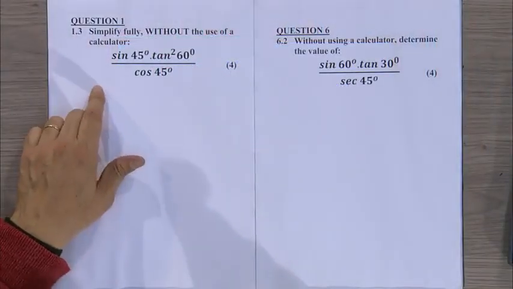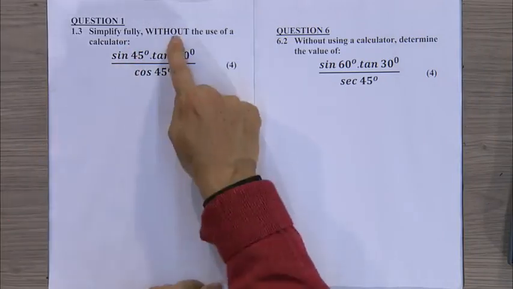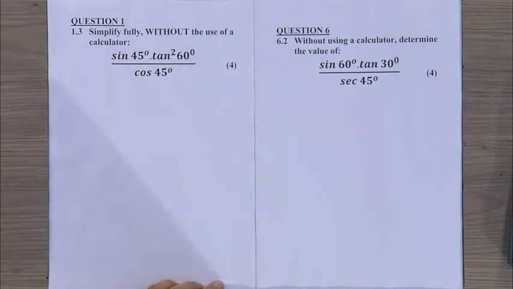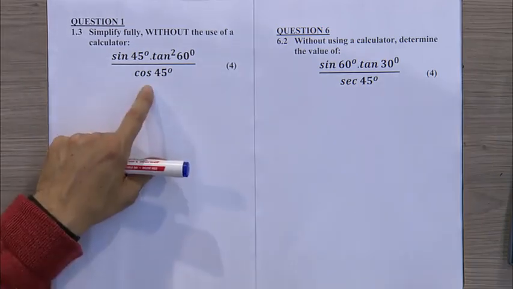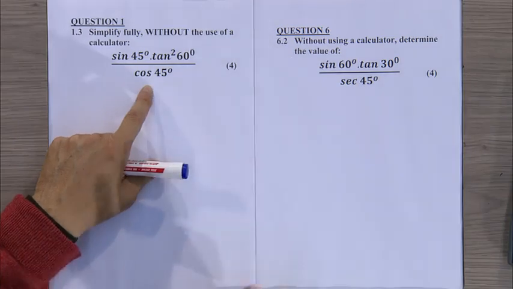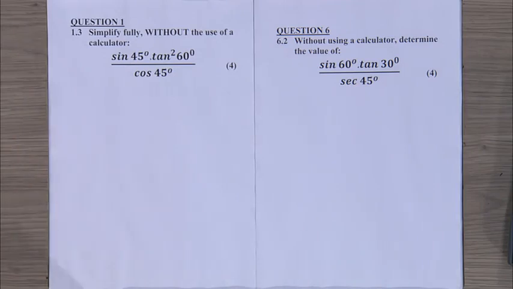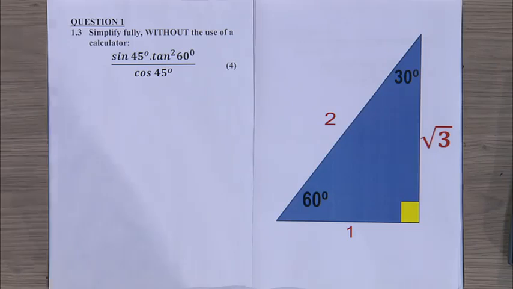Let's have a look at a sum, just to prove to you. I have a sum here that says simplify fully without, you see there? Without the use of the calculator. Now, again, I'm saying, just avoid saying, sir, I'm going to cheat, I'm going to put this in the calculator, and then I can get the answers. Don't go that route. Know your triangles. You see what I have? I have my triangles.